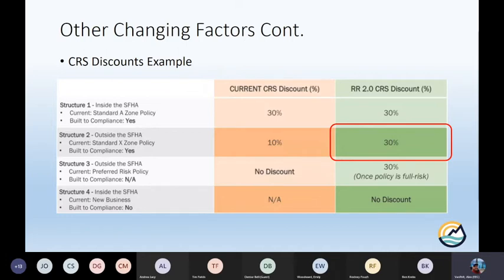If you have a non-compliant building, whether it's in the floodplain or out doesn't matter. If it's non-compliant, it will not get a discount. You're not going to build in violation of state or local requirements and then turn around and get a discount because the community you're in goes above and beyond. It doesn't work that way. They still have to build in compliance to get the discount. But once they do, they'll get the full discount that your community is entitled to based on your CRS class.